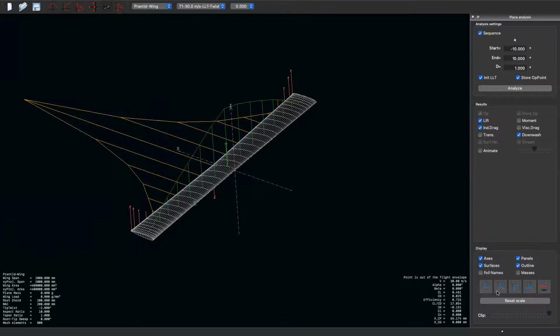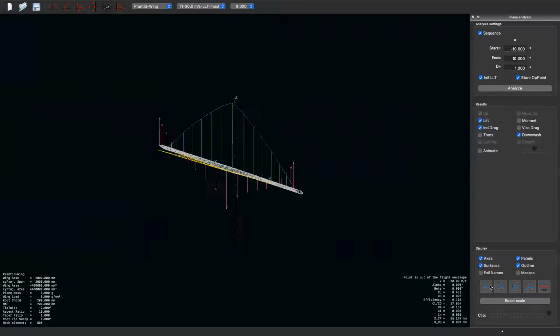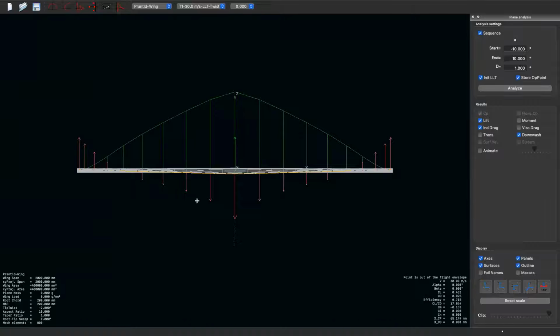One other thing also to note is, let me go back to the back view here, right? Now, if you look at the downwash distribution, what you see here are arrows pointing up, right? So that's actually an upwash, right? You can actually get the upwash distribution. Now,